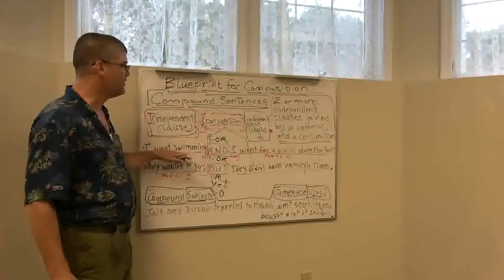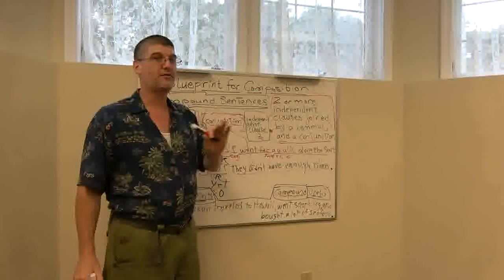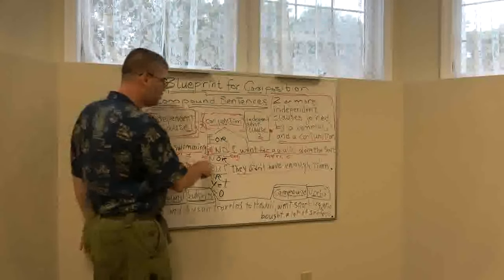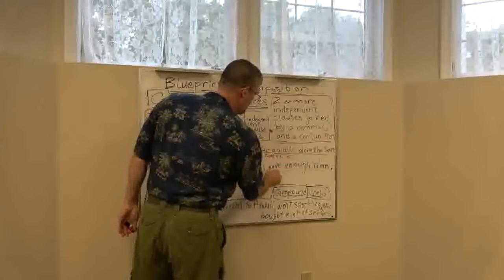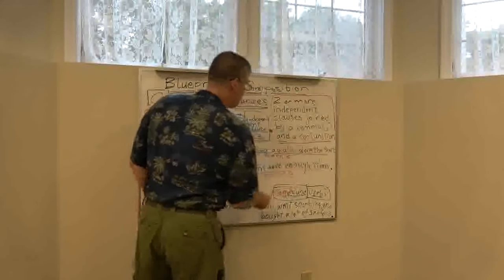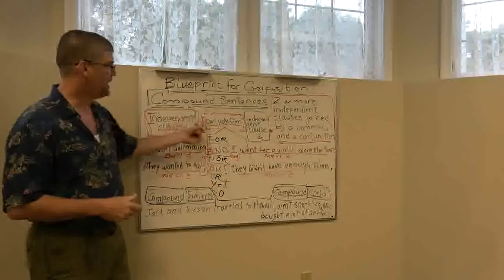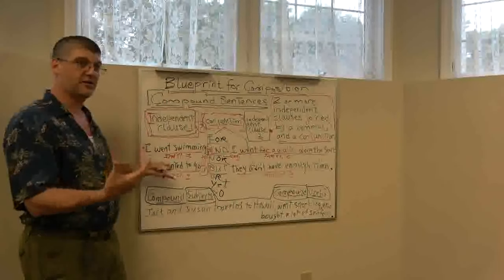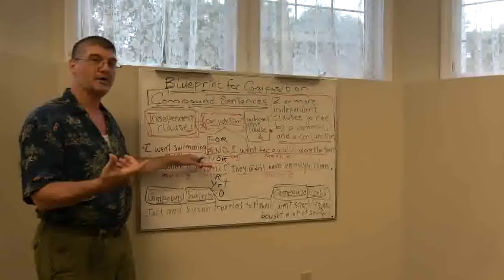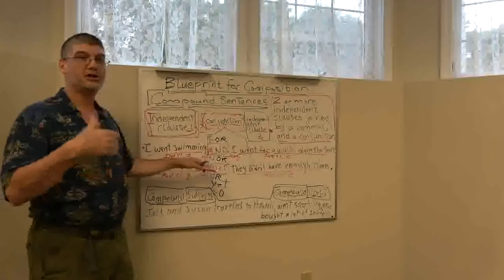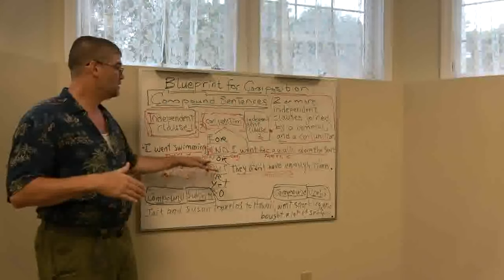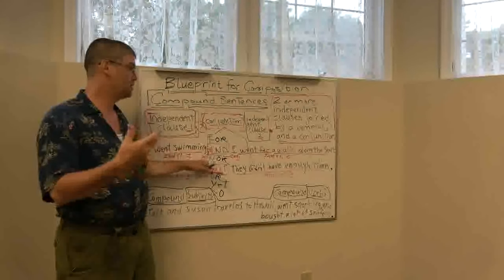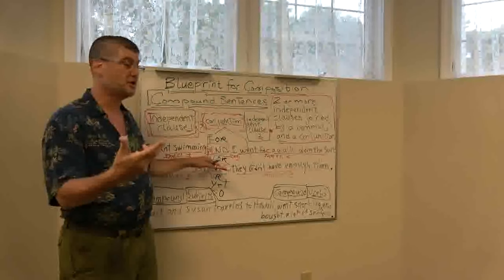So a lot of people will leave out that comma, but it is in fact necessary if you're talking about a compound sentence here. So they wanted to go, comma, but they didn't have enough time. Here's independent clause 2. So it follows the same pattern, the same formula. They wanted to go, that's the first idea, but, so I mentioned a few moments ago that the word but shows contrast or opposition. So they had an idea to go somewhere, but, and this introduces the opposition, they didn't